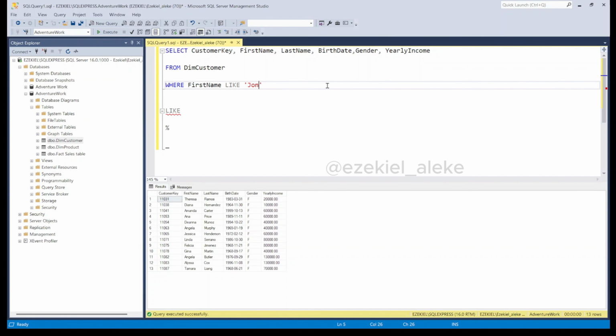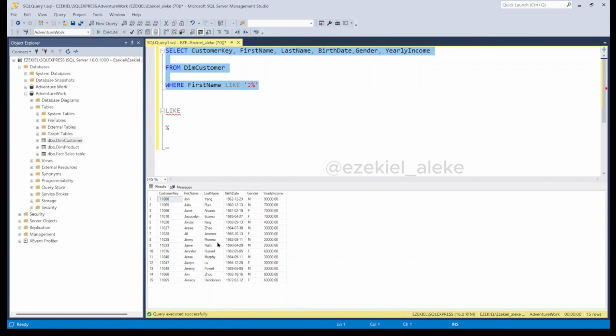Okay, I want to see all the ones that start with J. So I want to see all the names that start with J. I can put the percentage like this and I'll see all the names that start with J, right? Now let's execute this. So all these names here start with J, right? So I want to see all the names that start with J, but